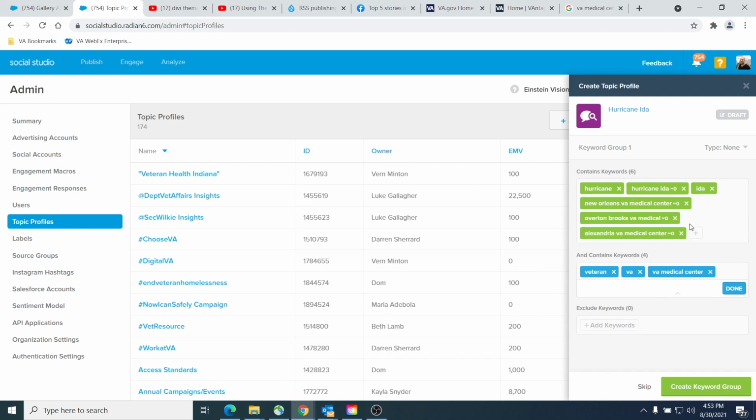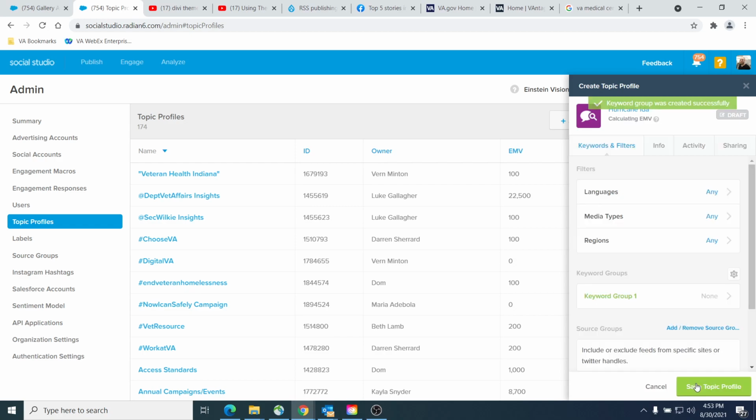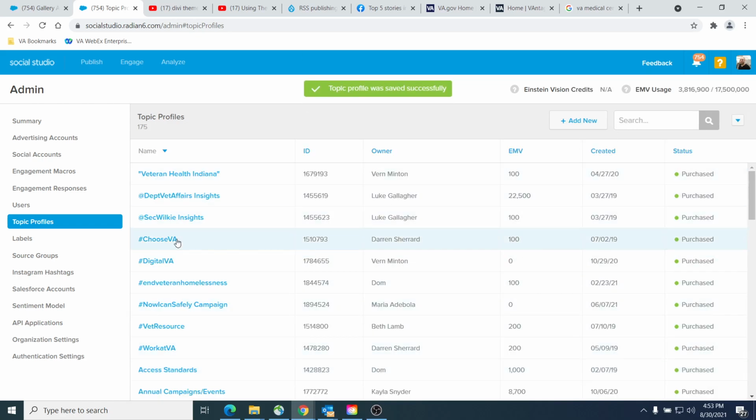So we're looking for anything that has these keywords in it, but also has veteran, VA, medical center, VA medical center. These medical centers right here might better fit down in this block down here, but we'll see. So I'm going to click done and we're going to create it. All right, and I'm going to save it. Now I've saved it,